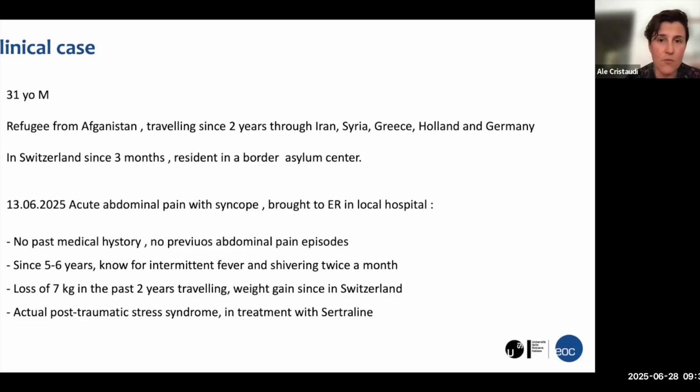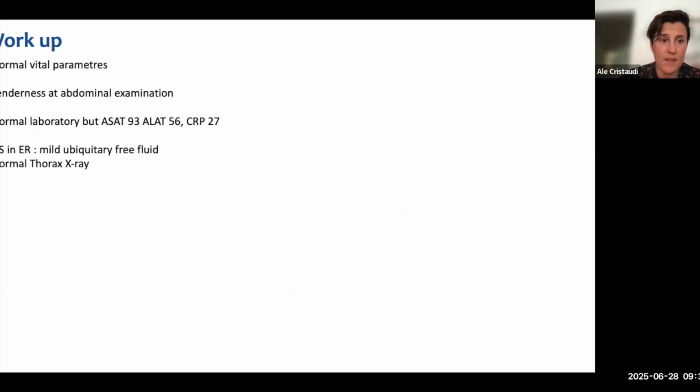And he has lost some weight, but we think this is also due to the traveling he has done over the last years. And he has a post-traumatic distress, which is treated. So when he arrives, he has normal vital parameters, tenderness at the abdominal examination, and a completely normal laboratory,